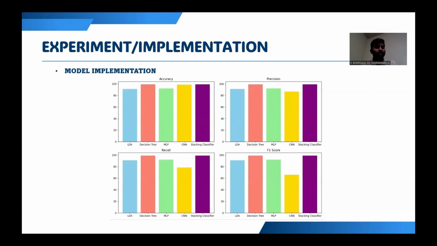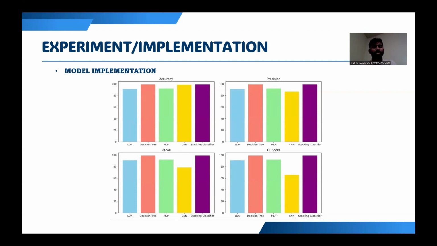Coming to precision, out of all positive predictions we made, how many were true, and the formula for precision is true positive divided by true positive plus false positive. And coming to recall, out of all data points that should be predicted as true, how many did we correctly predict as true? The formula for recall is true positive divided by true positive plus false negative. The F1 score is a measure that combines both recall and precision.